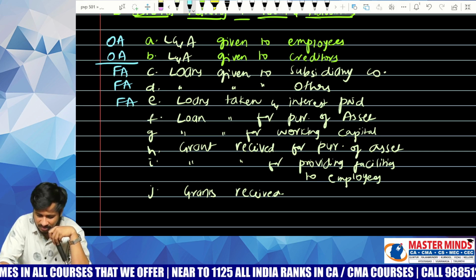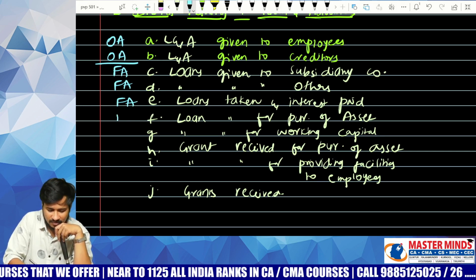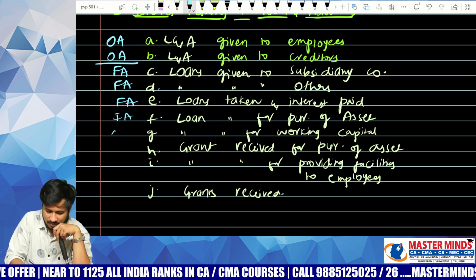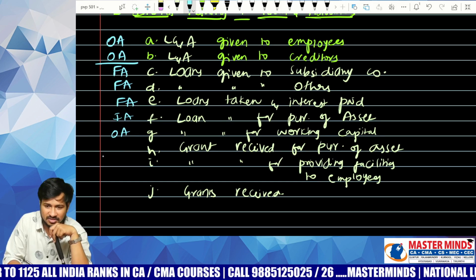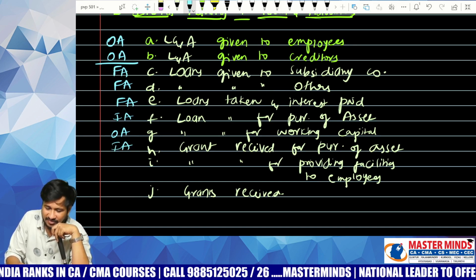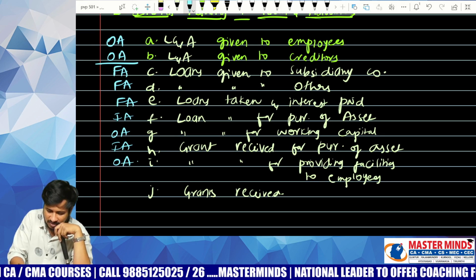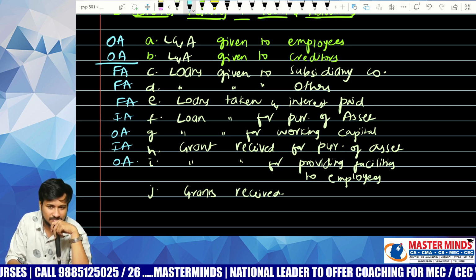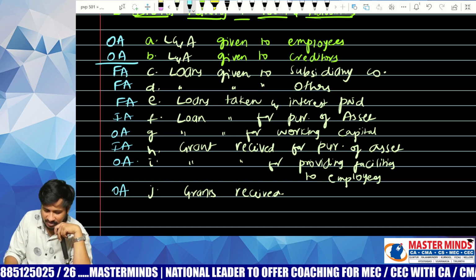Next, loans taken for purchase of asset. Okay. Loans taken for working capital. Okay. Next, grant receipt for purchase of asset. Investing. Grant receipt for providing facilities to employees. Okay. Grants received. Operating. Okay, finally,